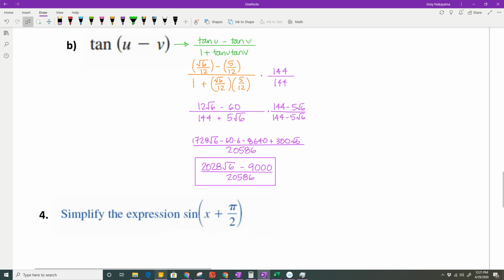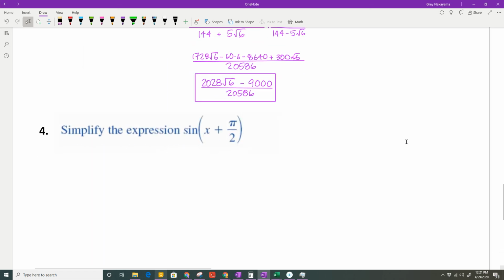All right. This is the last problem. Simplify the expression. It just says simplify, y'all. So what am I going to do? Apply the formula. And when I apply the formula for a sine sum, then that looks like this. It's the sine of the first angle, cosine of the second angle, plus cosine of the first angle, sine of the second angle. And as I said, the next step is to evaluate, and I can evaluate the cosine of pi over 2 and the sine of pi over 2. So I write that next step somewhere,